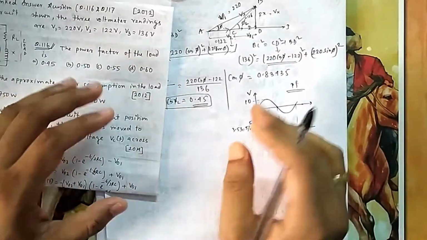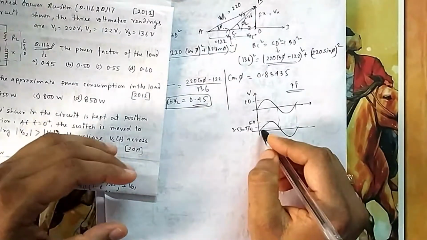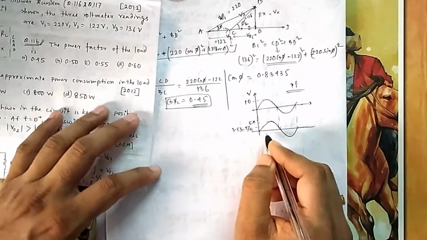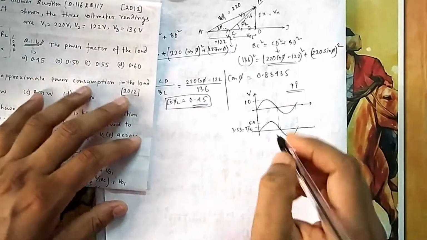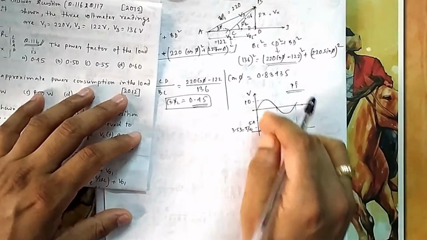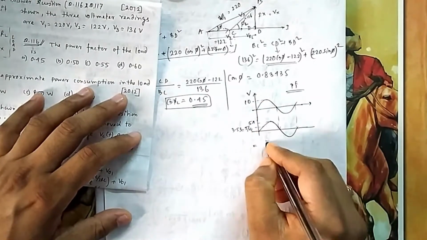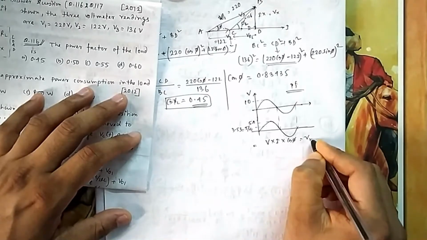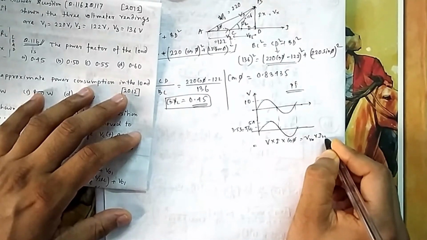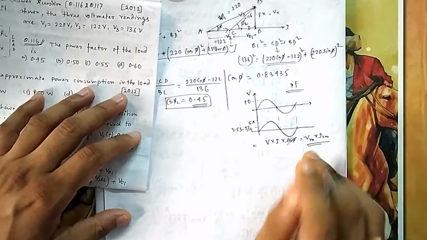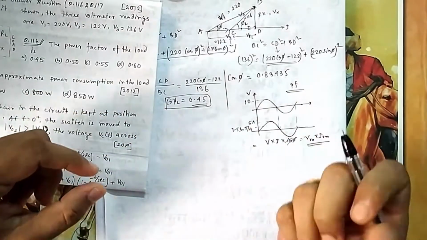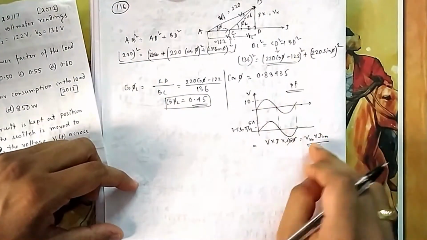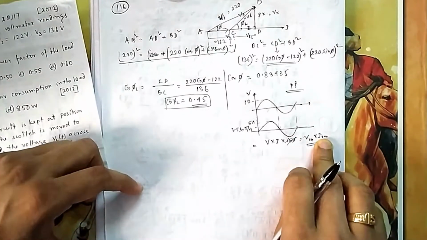So RMS is nothing but the effective DC. I am giving peak 5, but what effective value am I getting? Now while talking about this, what is the concept of that power factor? Power factor is nothing but, suppose it is a purely resistive load, then what is my power? It is VRMS into cos phi, here cos phi is 1. So it is nothing but VRMS into IRMS. Don't think about cos phi now. So if it is a resistive load, it is VRMS into IRMS. That was derived from my DC. DC was V into I. So here effective DC voltage is VRMS, effective DC current is IRMS.